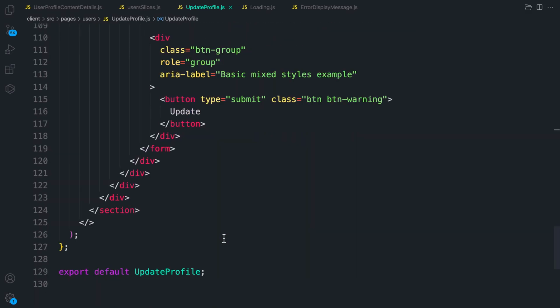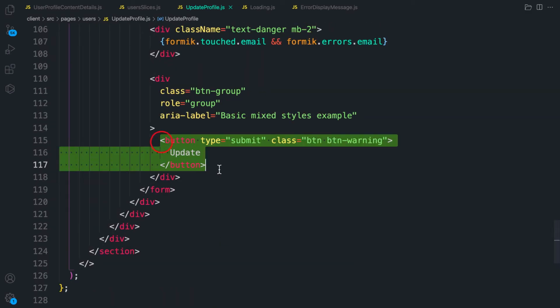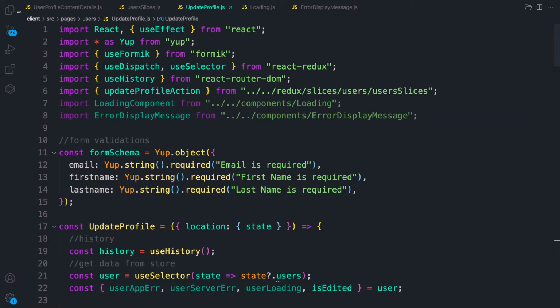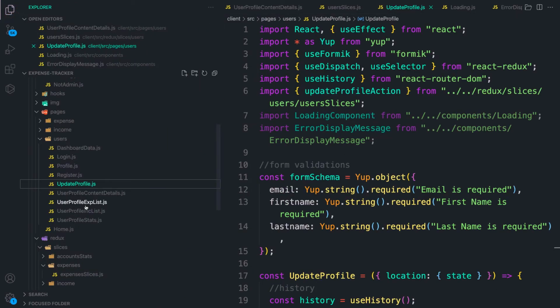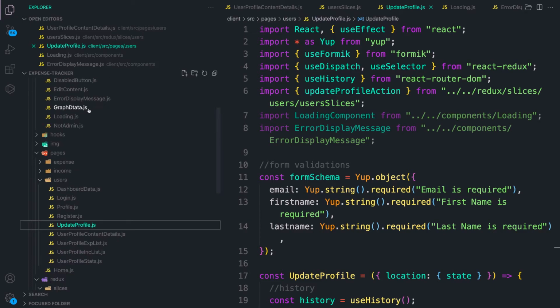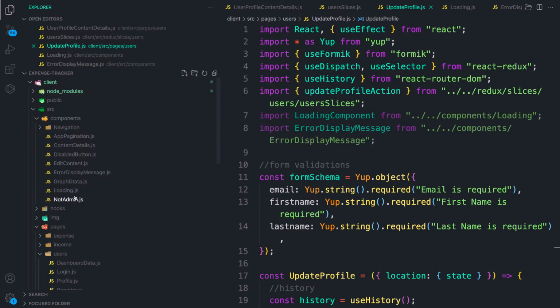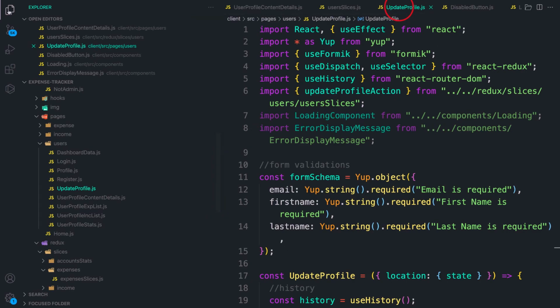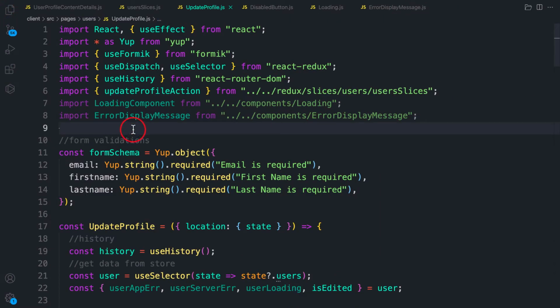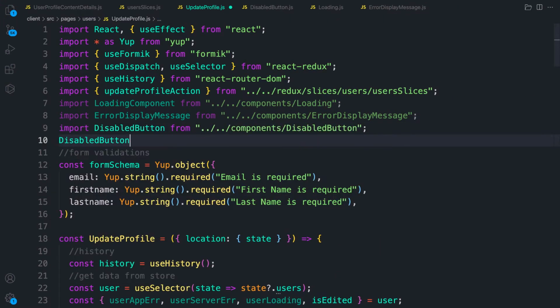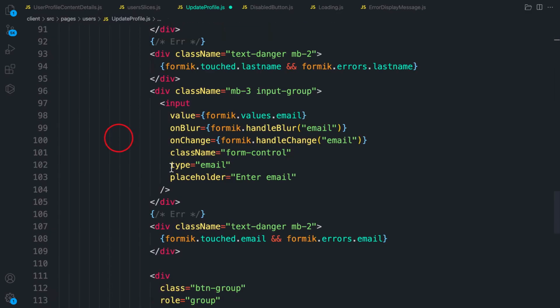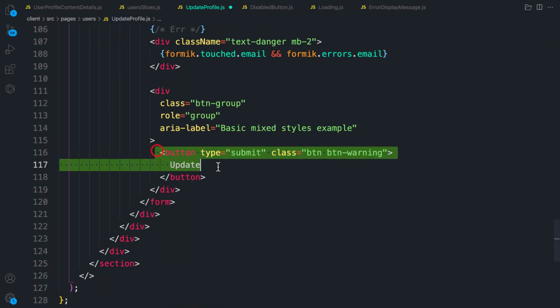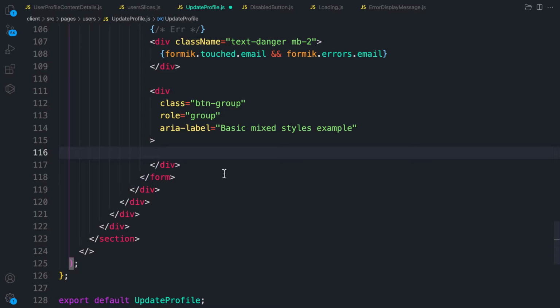So loading will be on the button. Sorry, now remember the button here. So now we need the disable button too. Yeah, sorry, the disable button. So let's go to components, and then when it's loading, where is my disable button? Yes, save it, and then let's go to the update profile, redirect for this one, disable button. Yeah, okay. So let's scroll down, and then here let's check, cut it, and then let's check if